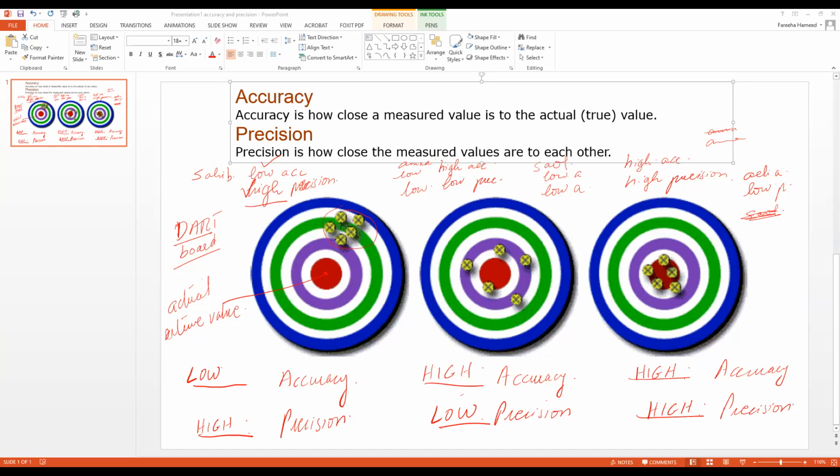Ma'am, can you elaborate a bit how accuracy is high in the second one, because it's a mild one, like it's between high and low. So can you please elaborate how we will judge that we have to go for low or high? High because these are closer to the red point. It's not completely perfect, but high is a relative term. In that respect, it's closer. These ones were really far away, so that's why we said it's low. But these ones are closer, and that's why we're saying high. It's not an absolute answer; it's a relative answer. You have to choose from the choices. Yes, ma'am. Okay, good. Thank you. You're welcome.